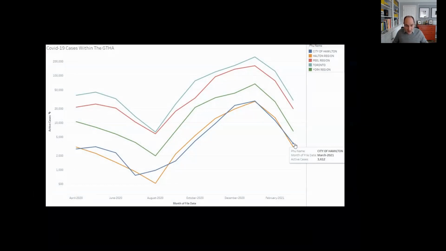Tableau, which is great. That's very nice software for visualization. And this is showing how different regions compare in the number of active cases for COVID. That's always a good idea. And you can see very clearly the trend. It's not so much of a dashboard because it's not combining multiple things, but it's nice. What I will say here is